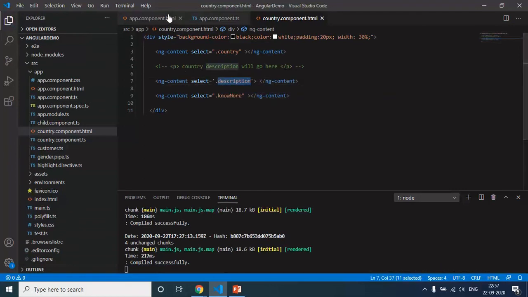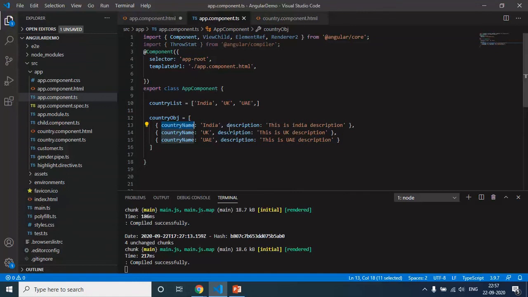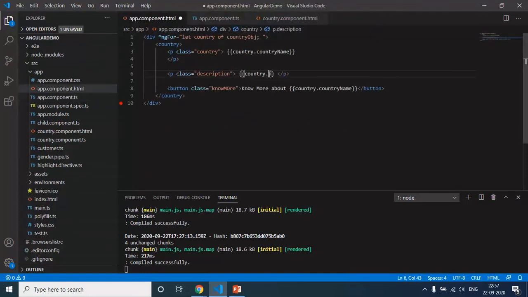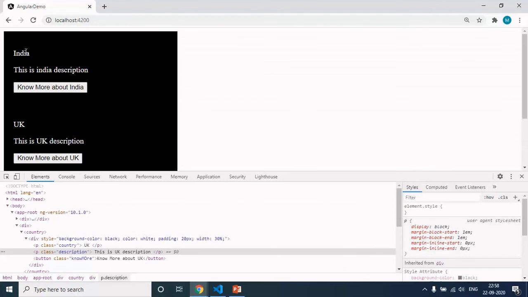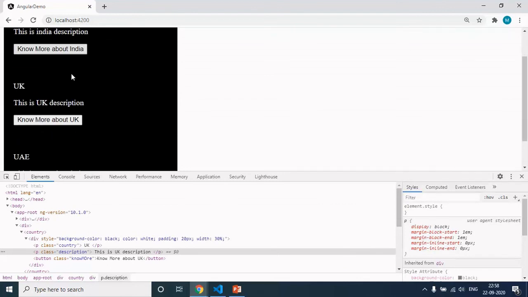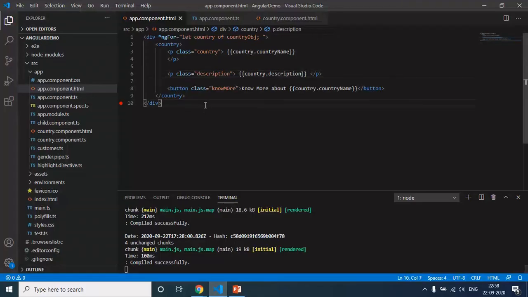Let me come back to parent component. Use paragraph, and here I will use class description, and from here I will dynamically pass description as well. So I will use country dot description. Save the changes and flip to browser. Now you can see that we are able to pass description also dynamically. See, we are able to pass country. This is India description. This is UK description. This is UAE description. So you saw how we are able to dynamically pass data from parent to child,